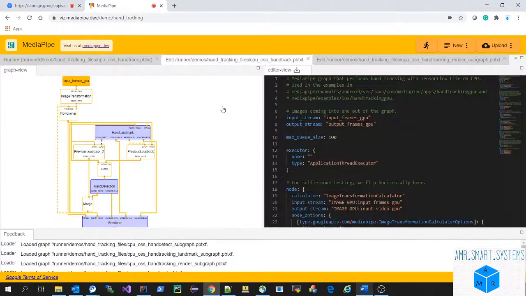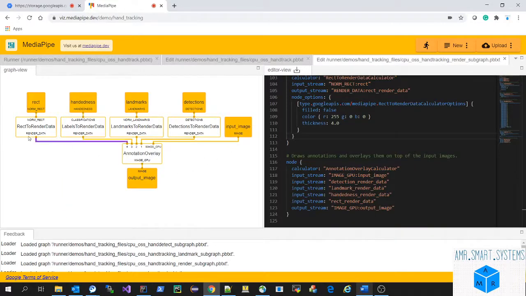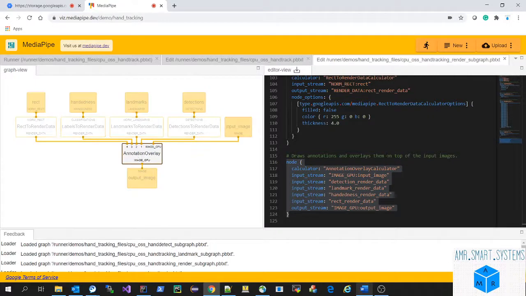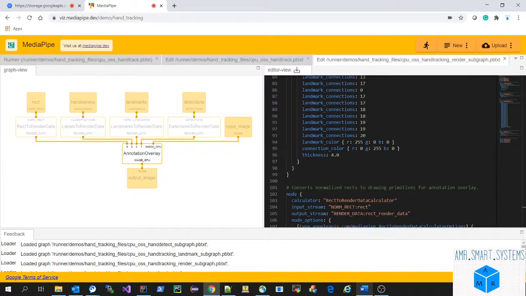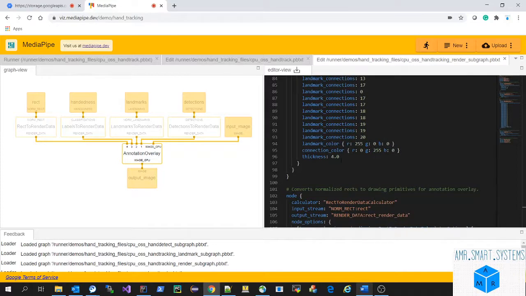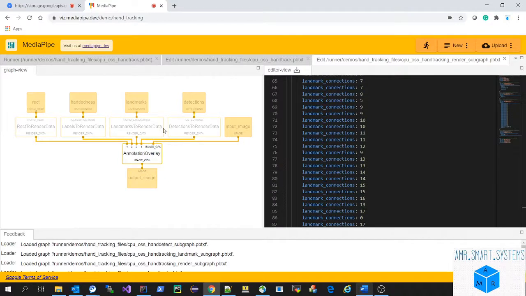In the MediaPipe application, they basically use a node format kind of coding to modify some of the things. So come, let's go through this subgraph node. It takes the handedness node or the landmarks node detection, and the input images go to this overlay node. This node we can configure in the code itself using one pbtxt, which is their format. So we can change the landmarks or the RGB coding, like the thickness of how much we want, for the UI purpose. And even the algorithm-wise we can change everything.